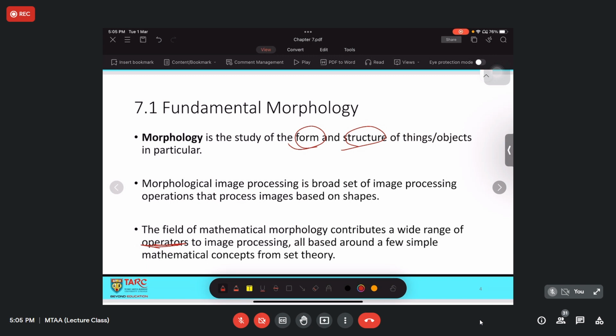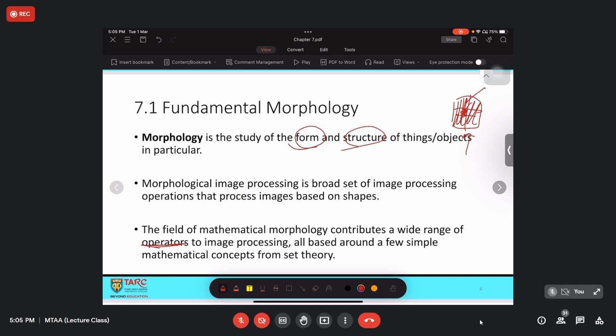And for local operation, you do not only consider the center pixel or the particular pixel, rather you actually consider the neighborhood as well. Okay, so let's say you have 3 times 3, and this is your center pixel. You don't only consider the information in this center pixel, but the whole window. Okay, but of course this is very dependent on the size of your filter or the size of your window.